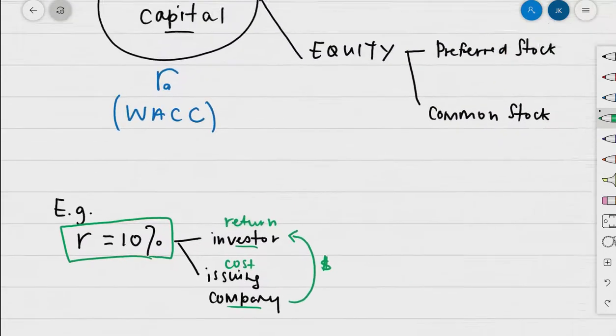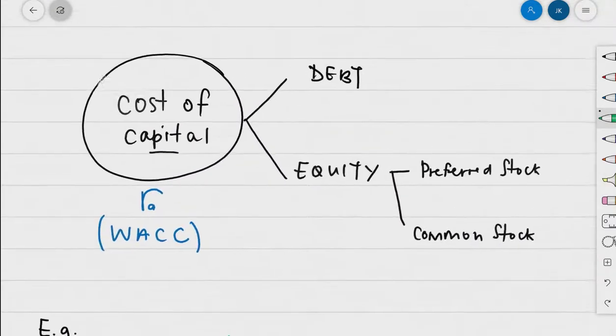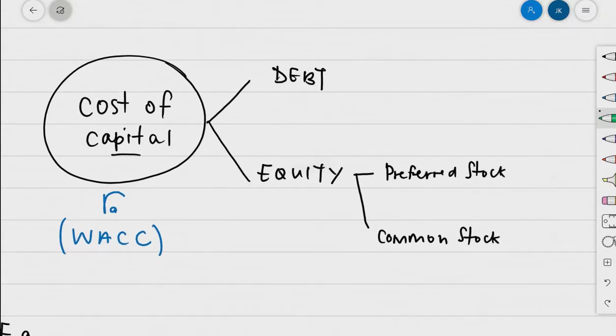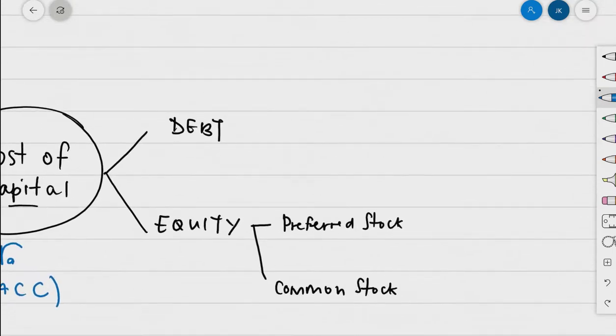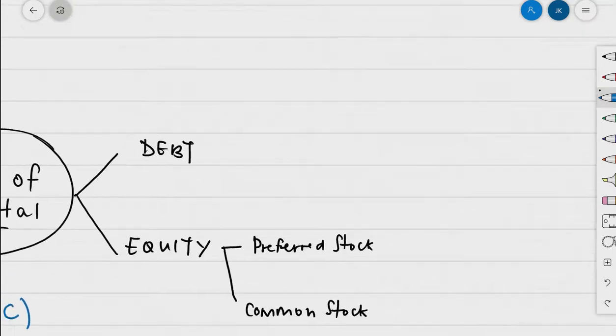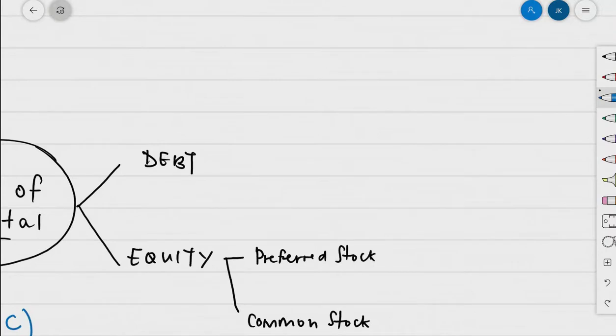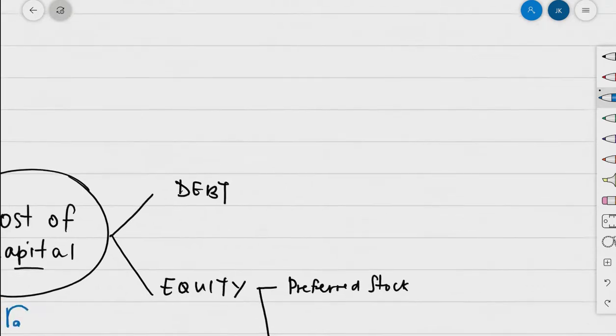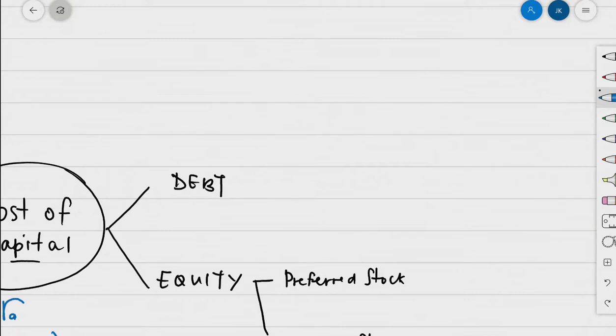Okay, so let's go back to our discussion. Let's talk about the equations. For cost of debt, it's very similar to how you did your yield to maturity. To find the cost of debt, you have to find the yield to maturity. But if you don't have a financial calculator, it may be a bit challenging because you will have to go for trial and error. So I would suggest, if we encounter this, you just remember that we use RD